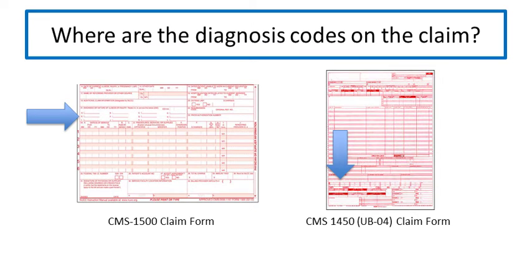Services and procedures provided to the patient as well as the established diagnosis are reported to insurance carriers on the appropriate medical claim form. The CMS 1500 is the universal claim form and contains all the basic information needed to submit an accurate claim for non-institutional healthcare providers. It includes fields for the patient's demographic information, insurance information, and boxes in which to provide medical codes and corresponding dates of service. Claim form UB04 is very similar to the CMS 1500, but it is used by institutional healthcare providers such as hospitals.